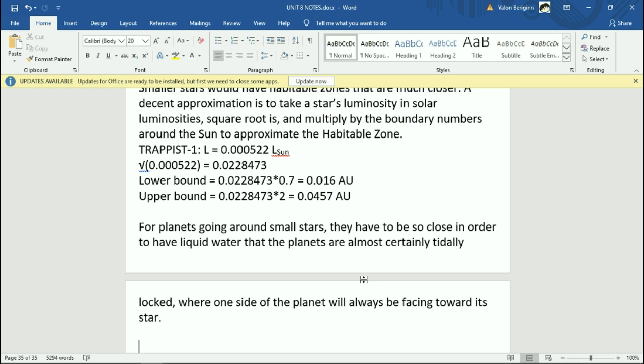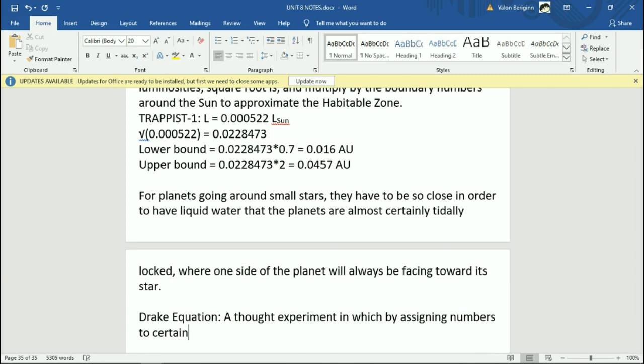But okay, so we have all these abstract ideas, maybe this, maybe that, we don't know. Is there some way to get some sort of numerical value from this? Is there some way to say, okay, based on this stuff, I think we should get a number that's blah? This was an idea thought of by a guy named Frank Drake. He ended up creating the Drake equation. The Drake equation is a thought experiment in which, by assigning numbers to certain variables, one can predict